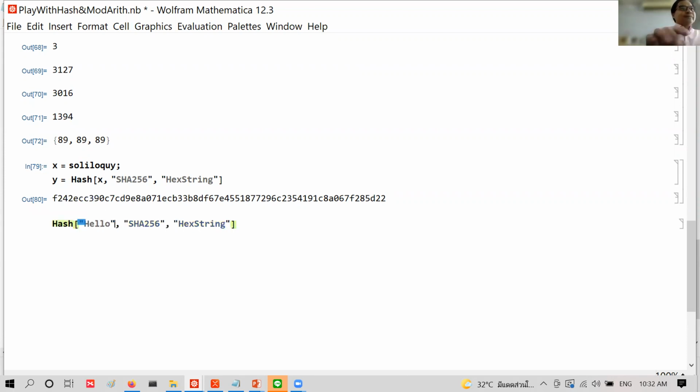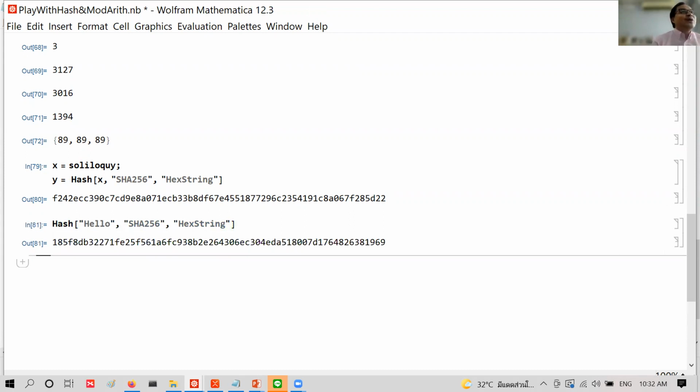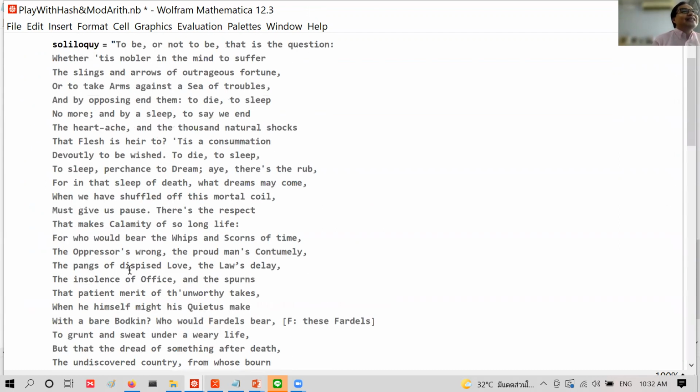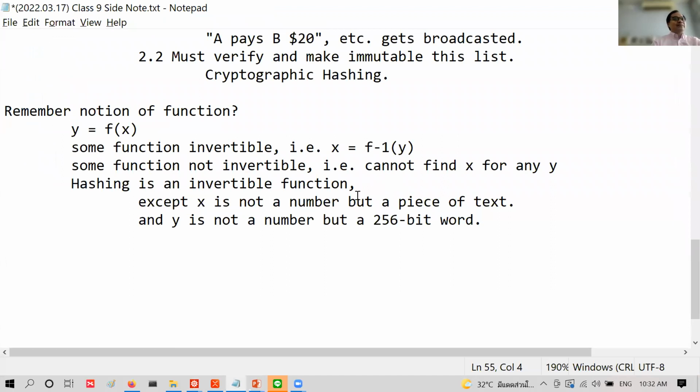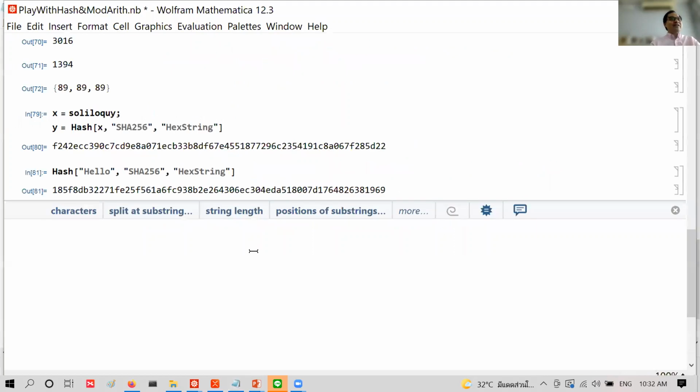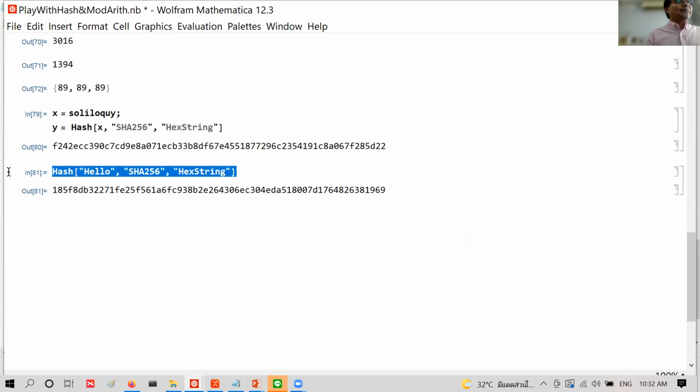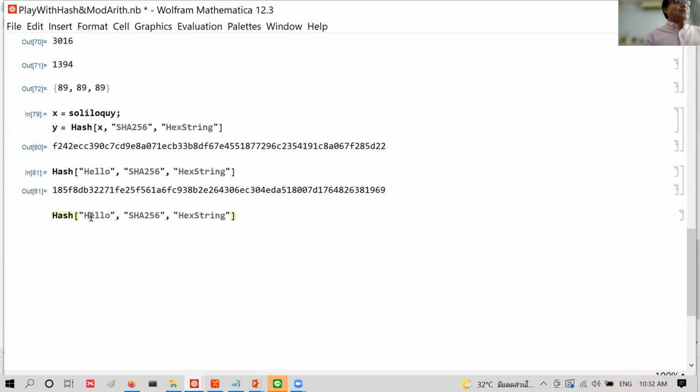What's interesting is, when you look at this function, I can take any text. Hello is much shorter than this, right? It doesn't matter how long the input is, of arbitrary length. It's going to give you the fixed length. This is very important. So what's good about it is, instead of doing this,